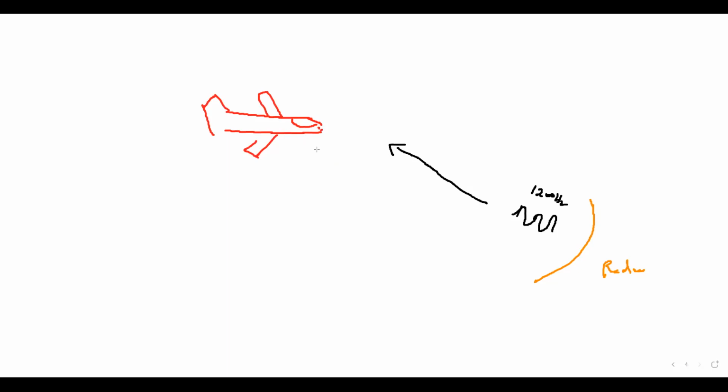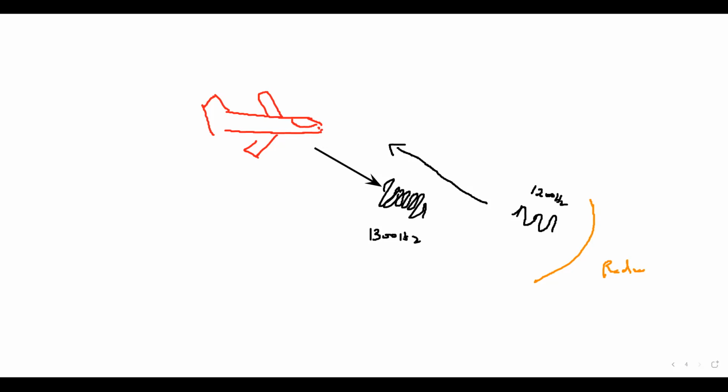Because the object is moving towards the radar, the wave which bounces back will have a higher frequency. What is sent by the radar is, for example, 1200 hertz, but what is received is, for example, 1300 hertz. So if the frequency from the moving object appears to increase compared to what was sent,